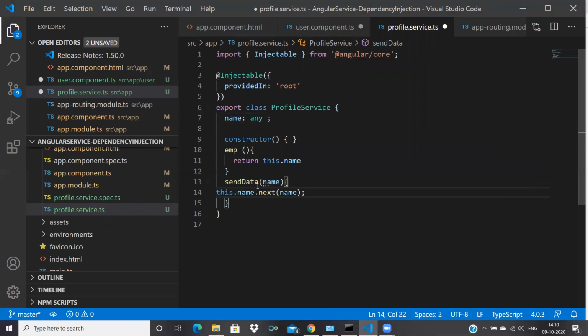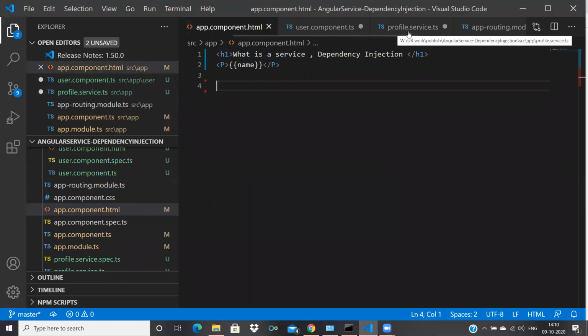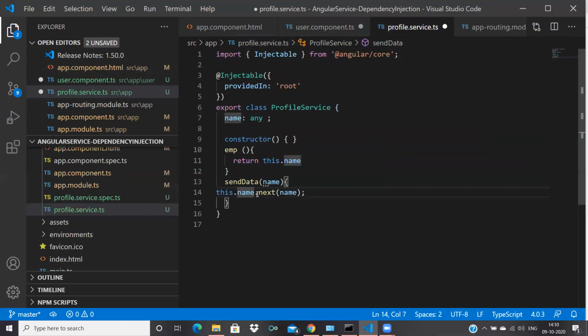Now here I'm getting my name is Jatish, and I'm sending this data to this dot name. Now the value of this dot name is my name is Jatish, and I want to bind the data in app.html. Okay, using the service I'm doing this. In the service I got this, and now we want to send it to